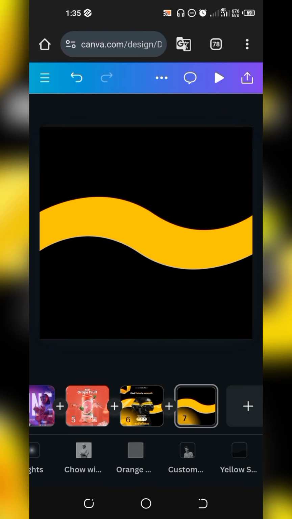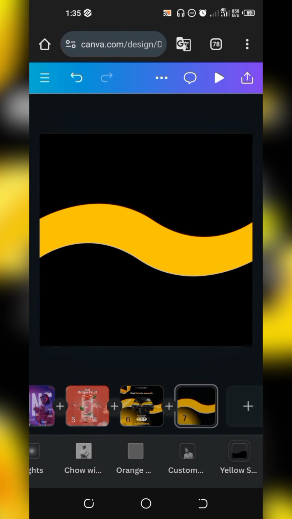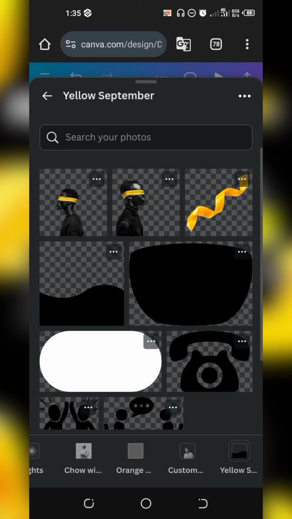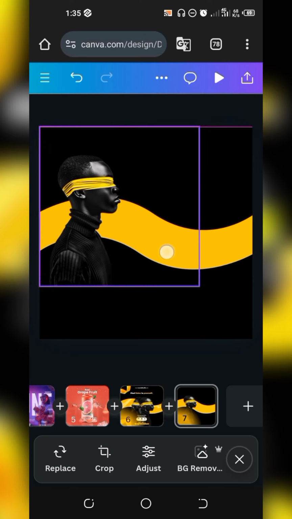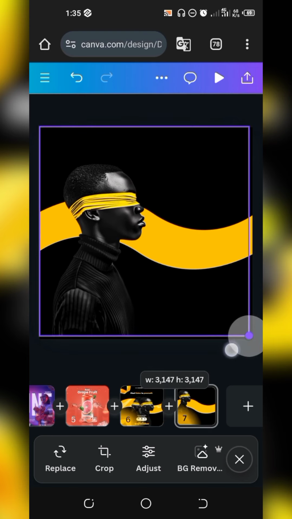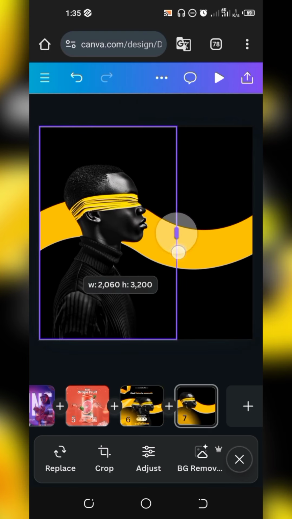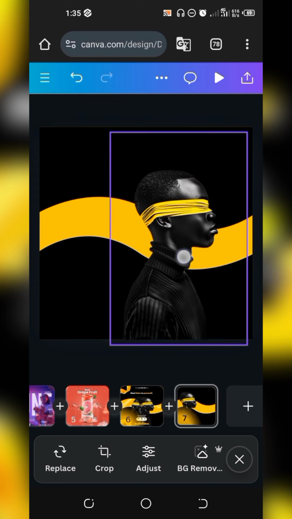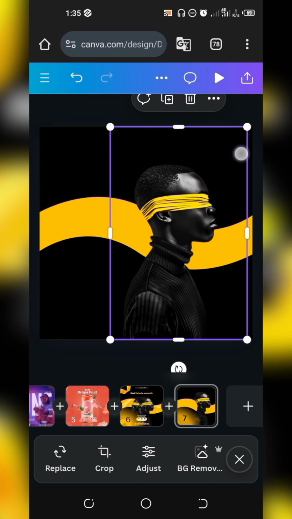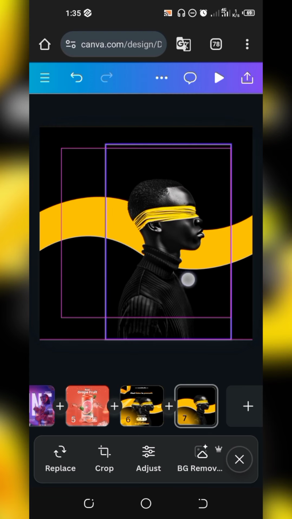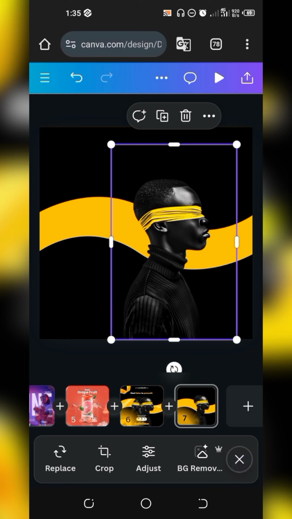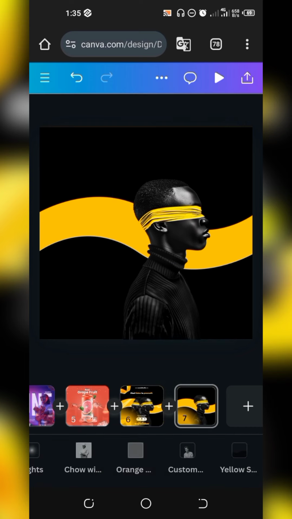Then the next thing we want to do is bring in the models. Let the models be the center of everything we are doing so that we can be sure. So let's bring in our first guy. This is our first guy. Increase him like so. I think I'm okay a bit with this. We might actually reduce him a bit at some point. Okay, let's reduce him a bit. I think he's too big. Okay, drop him here. Then the next thing you want to do is bring in the next guy.